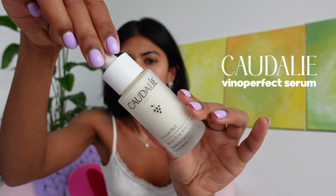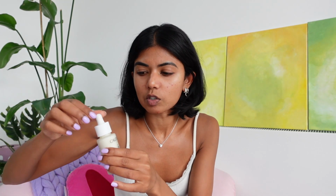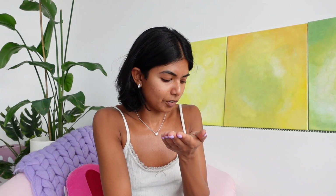Okay, so I've learned that the most important part of a makeup look like this, a very minimal look, is a skin prep. So I've already cleansed my face, but I'm ready for the next steps, okay? I'm gonna be using the CAUDALIE Vinoperfect serum, and this one is one that I picked up recently. I was in Paris a few days ago. CAUDALIE is a French brand, it's cheaper there. So I picked it up from Paris, and I actually used this one a few months ago, but I just